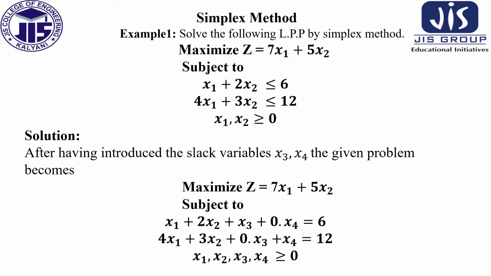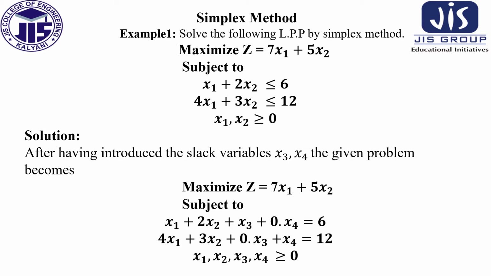And the opposite for the min objective function: if we deal with a min objective function, all the constraints will be greater than or equal to sign. So we are dealing with the max objective function, so all the constraints will be less than or equal to sign. Here in this problem, a max objective function is there and all the constraints are with less than or equal to sign. So this standard form of the LPP is already there. If it is not, then we have to convert it first to standard form to start the simplex method.